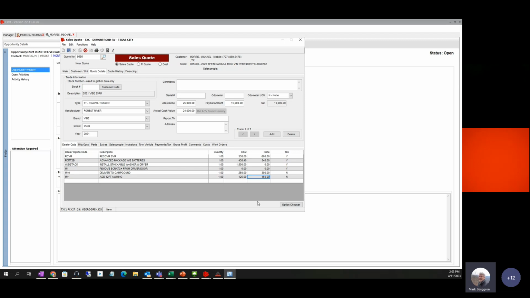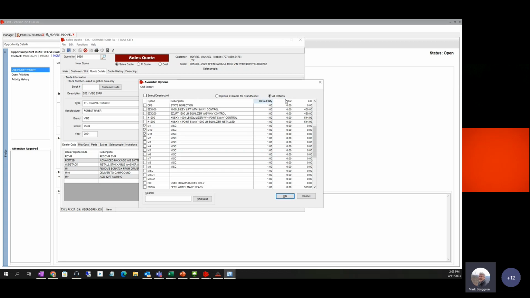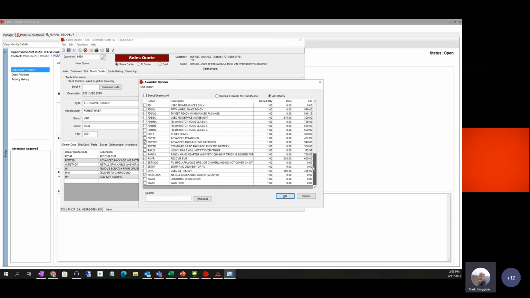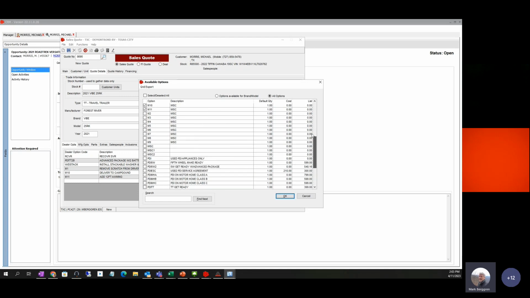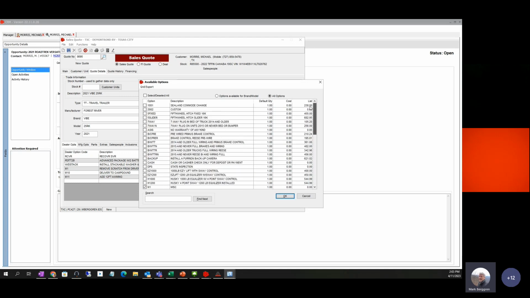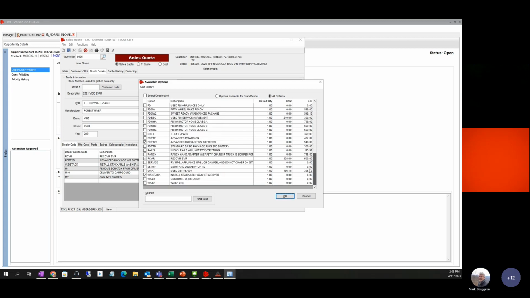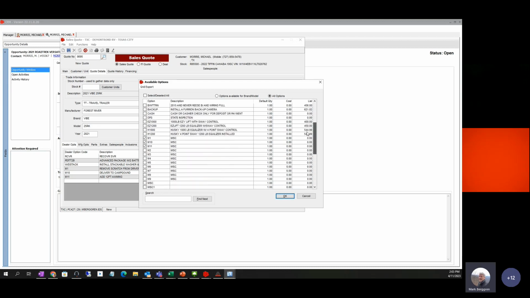And where do you see all these things? Under option chooser. And then all your options are right here. The ones that are pre-built, you can add as many as you want to. But you guys have X. So it looks like you have, say, 30, something like that, pre-built already. And then you have these 10 miscellaneous for different types of